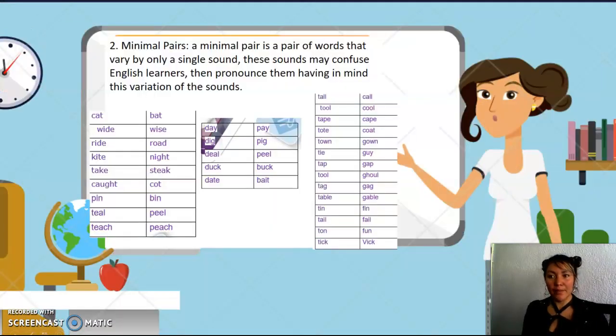Okay, the second point is minimal pairs. A minimal pair is a pair of words that vary by only a single sound. This sound may confuse English learners. This is true. Then pronounce them having in mind this variation of the sound. For example, cat, bat, white, wise, right, road, kite, night, take,